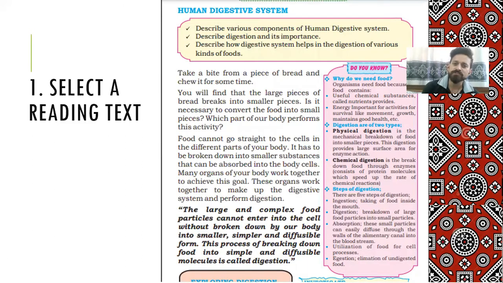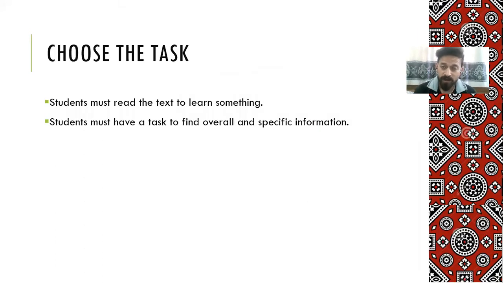The first thing you need to do is selecting a reading text. Yeah, without selecting a text, you cannot teach vocabulary. So we need to have a text from our textbooks. So let's see, as I have extracted one text from Sindh Textbook Board book, that is Human Digestive System. And there is some text about digestive system. What I did, I selected some words. So what I did, after selecting the text,